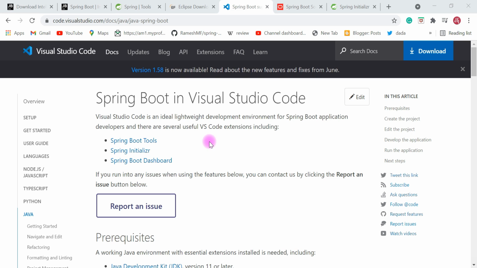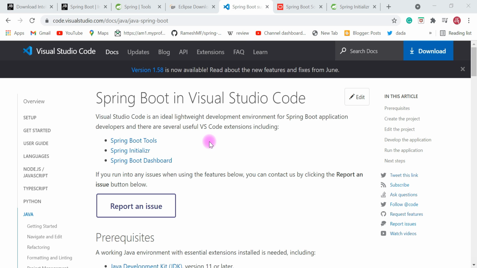All right, and as you already developed a front-end application in Visual Studio Code IDE, then you might already know that Visual Studio Code IDE is a very popular IDE, and it has good integration and good support for different plugins. No doubt that Visual Studio Code IDE is very popular, especially for front-end development, but you can also develop backend applications as well.